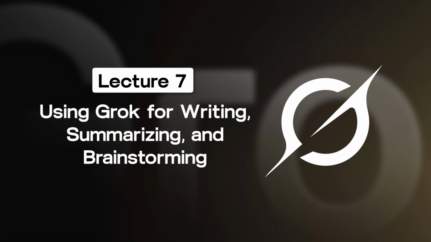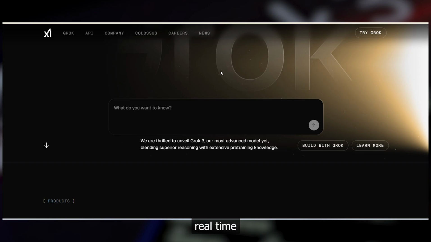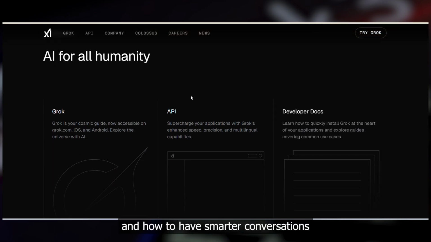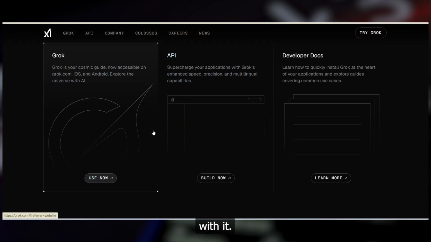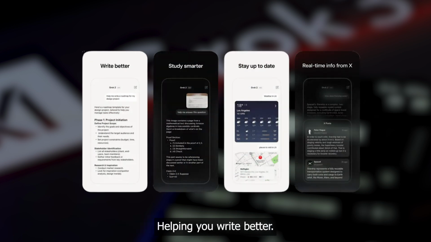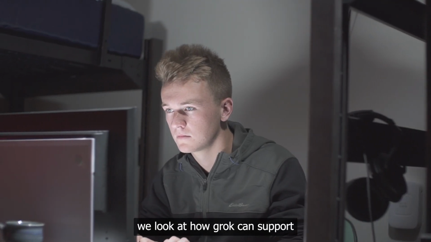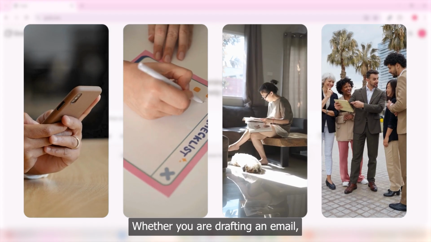Lecture 7, Using Grok for Writing, Summarizing and Brainstorming. So far, we have learned Grok's personality, real-time features, and how to have smarter conversations with it. Now, we are shifting towards one of the most practical ways to use Grok, helping you write better, think clearer, and start faster. In today's lecture, we'll look at how Grok can support your writing, whether you're drafting an email,